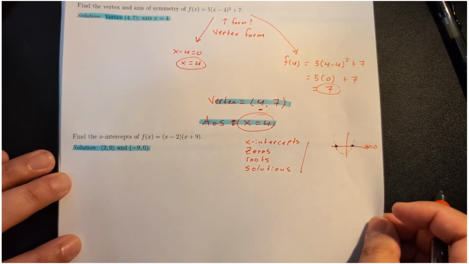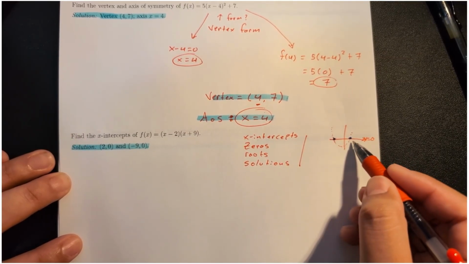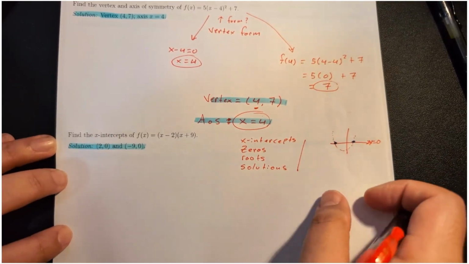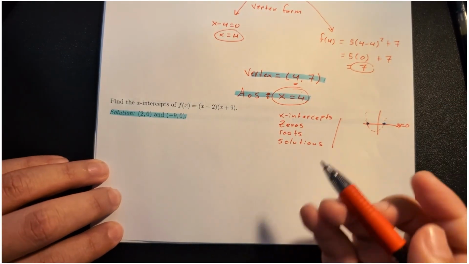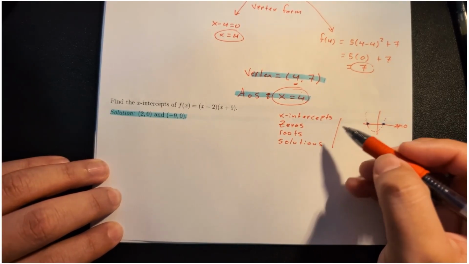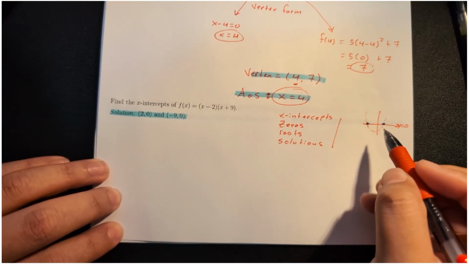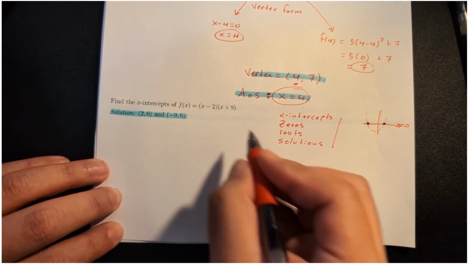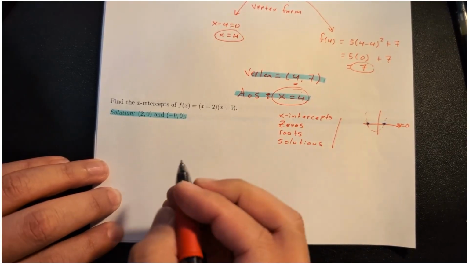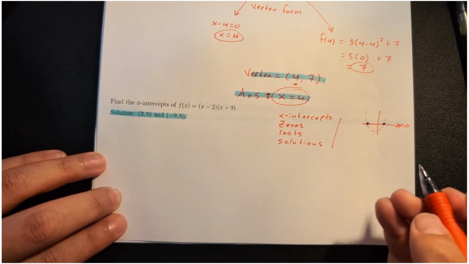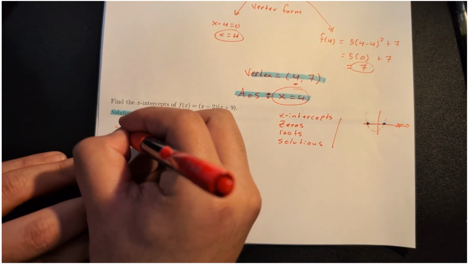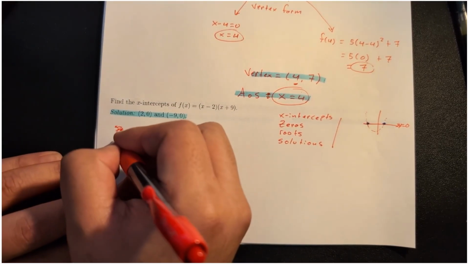Okay, so we want to figure out where it crosses, and when we talk about x-intercepts, zeros, roots, solution, we always set it equal to 0. So whatever our quadratic is, we're going to set it equal to 0. Okay, so first, actually, before we do that, we got to identify our